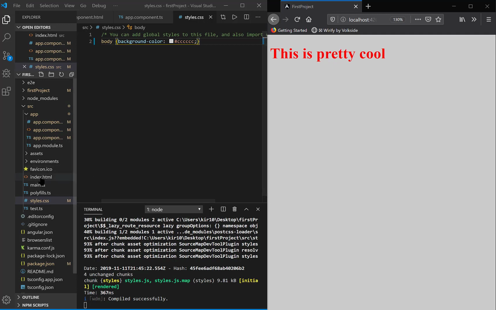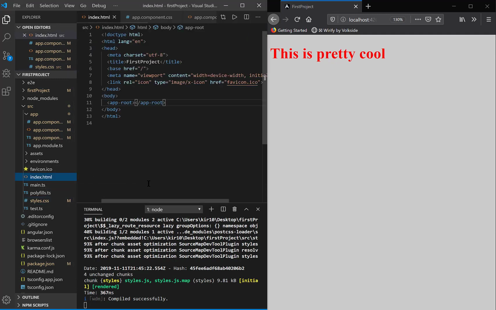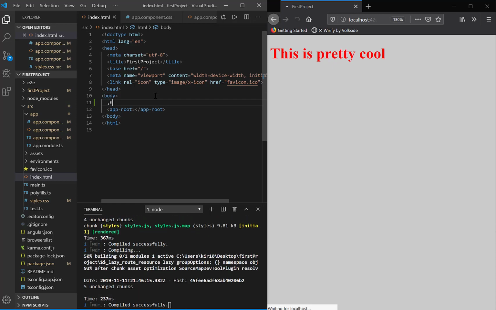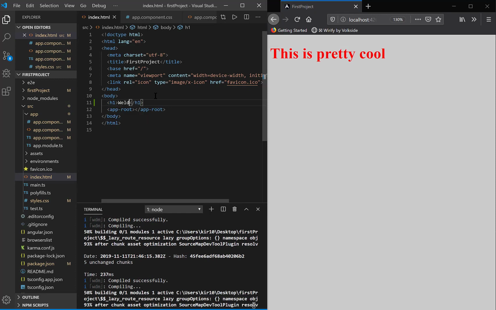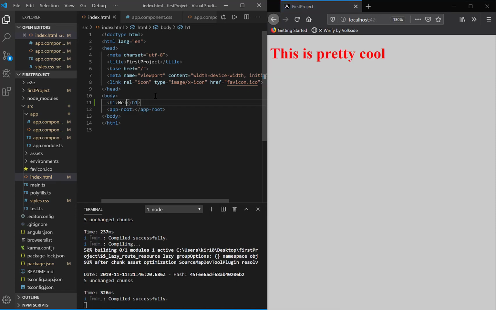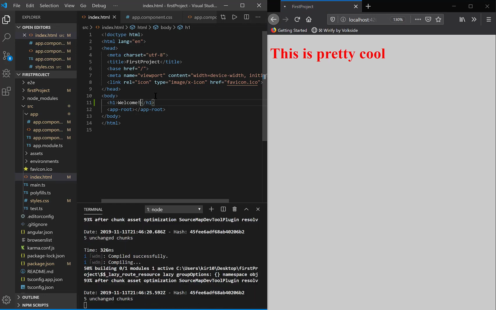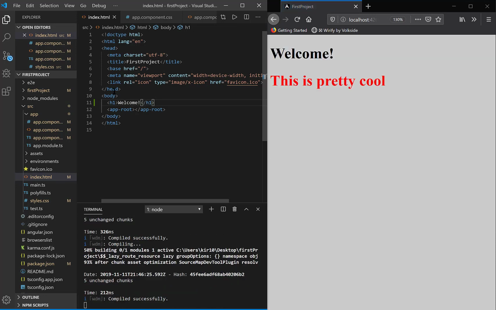I forgot, there was one other thing I wanted to show. On this index.html page, we do have this app root directive. We can still put other stuff on here if you wanted to, like if you wanted to have globally across everything, H1, welcome, something like that. So recognize that the only thing on your index page doesn't have to just be this app root directive. There could be an H1 tag,